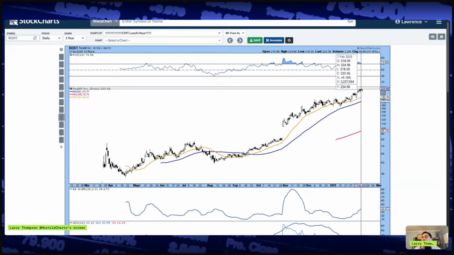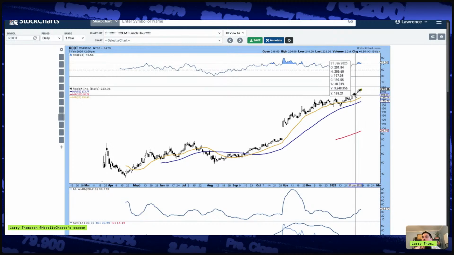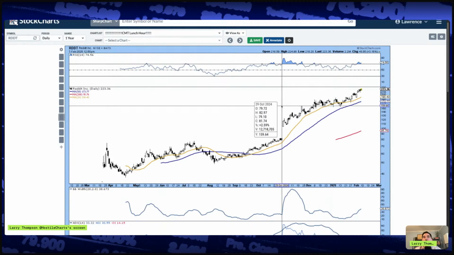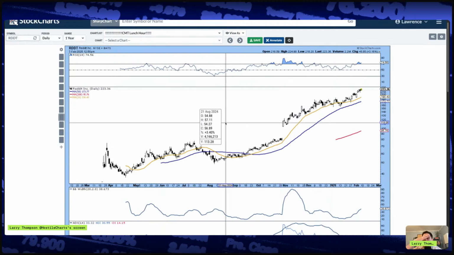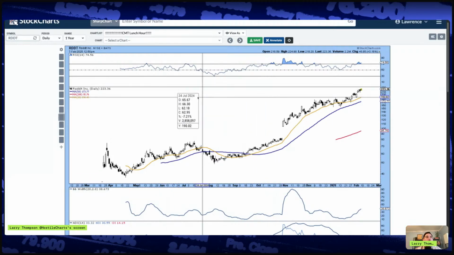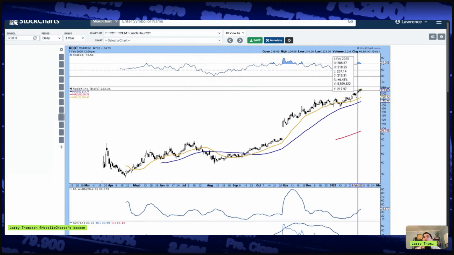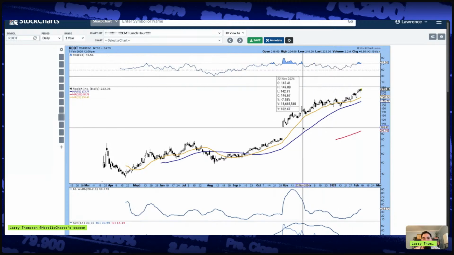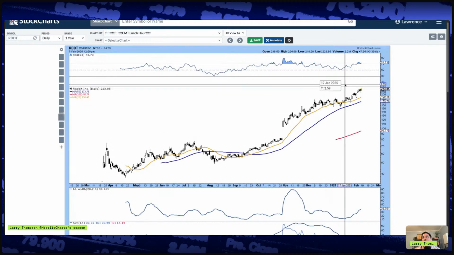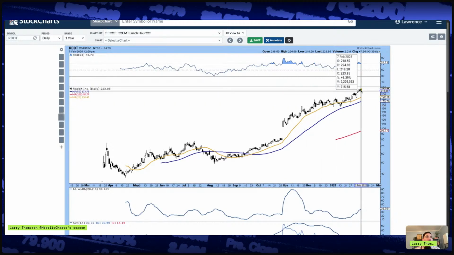You can get in here and then try to manage risk to the downside against 200, but it's kind of clear skies in this name. So maybe it's something you just hold your nose and buy, right? Especially if you like it longer term. I'm sure its valuation at this point is crazy. But yeah, chat, if you like this name, you might know more about it than me from that perspective, but it's a monster, right? Monster chart here.